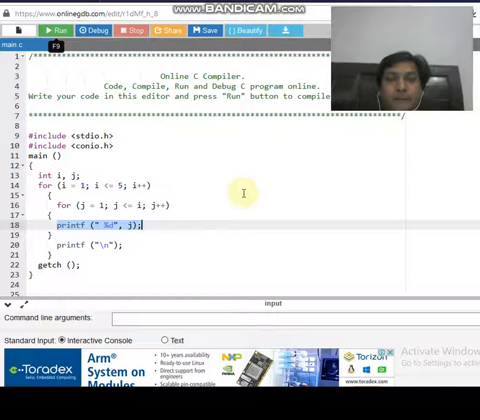So let us have a look. What does this program perform? Over here, the value of i is initialized with 1, and the first time the value of i is checked with 5. The condition is true for the first time, so the control goes inside the body of the outer for loop,